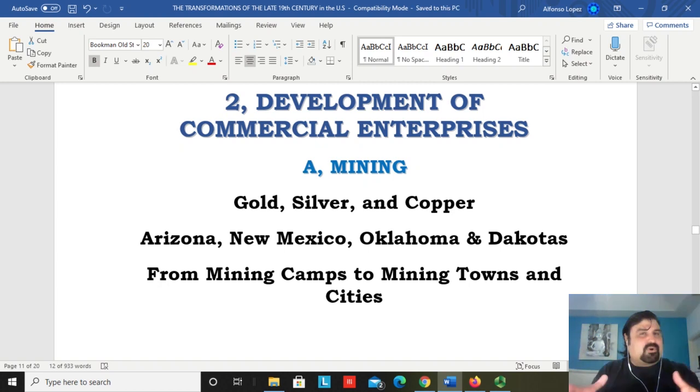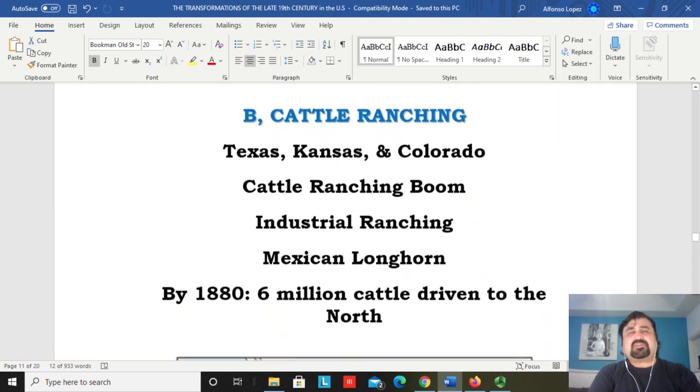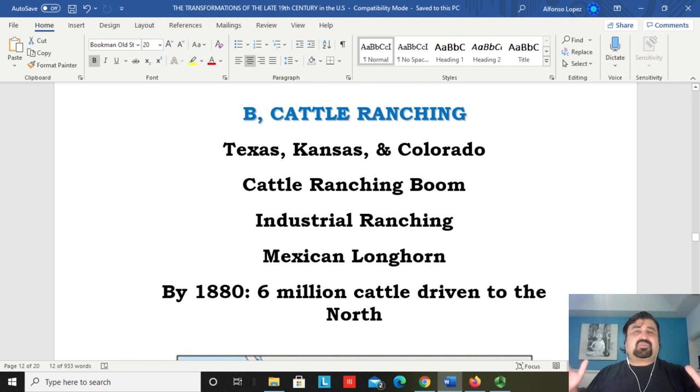So they're going to create commerce inside of that community. And eventually you're going to get a community going. Again, from a simple little mining camp, we're going to see the creation of mining towns, eventually cities. That's how the process unfolded, particularly in Arizona, New Mexico, Oklahoma, and the Dakotas, thanks to the discoveries of gold, silver, and copper. That is to say, the development of commercial enterprises was key to the development